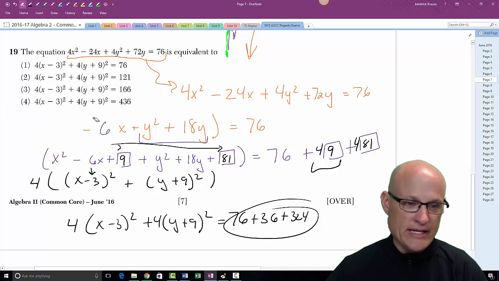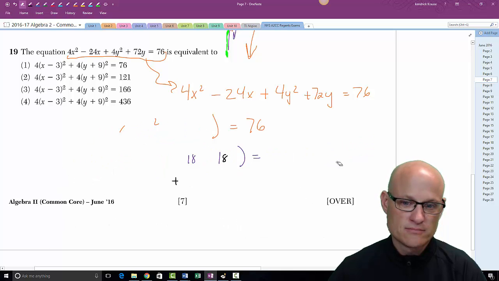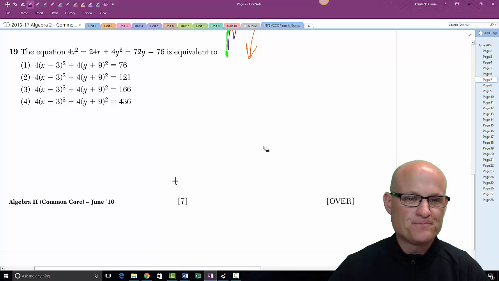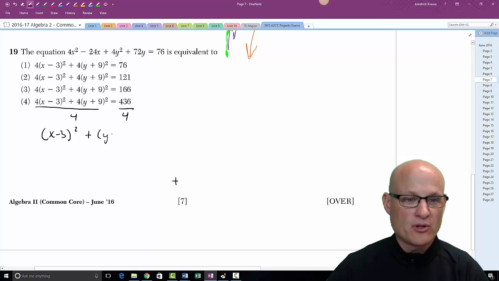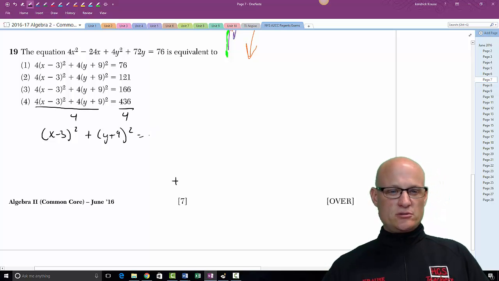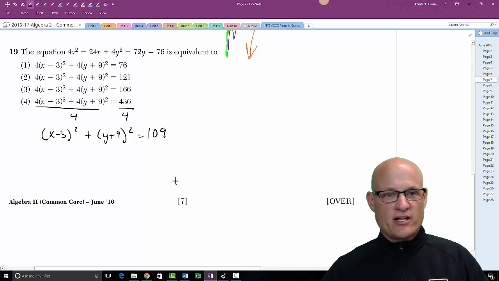Now, how could I have done that a little bit easier? I could have just gotten rid of the 4. It changes the problem, but I could have gotten rid of the 4. Divide this side by 4 and divide this side by 4, and I get x minus 3 squared plus y plus 9 squared equals, what is that, 109? 109. And had I done this and gotten rid of the 4 on both sides, I'd end up